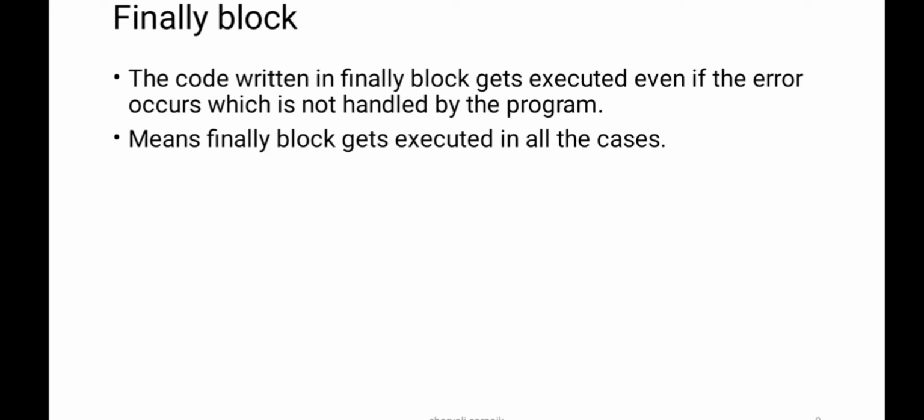We saw the finally block: the code written in the finally block gets executed even if an error occurs which is not handled by the program. That means the finally block gets executed in all cases. We have seen a program which contains a try block, two catch blocks, and a finally block. In the try block there is code where I think exceptions will occur.